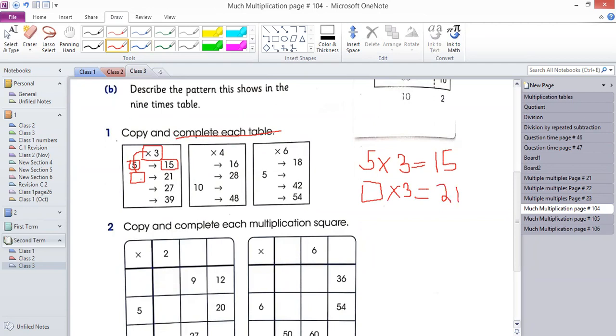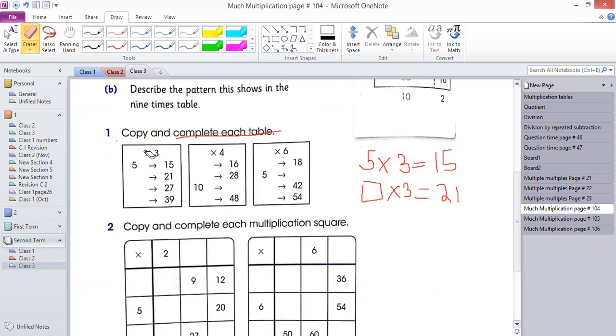There will also be a number, you don't know that number, but you know when you multiply it by 3, the answer will be 27. And there will be a number, you multiply it by 3, the answer will be 39. This is the table we have to solve, we have to complete.